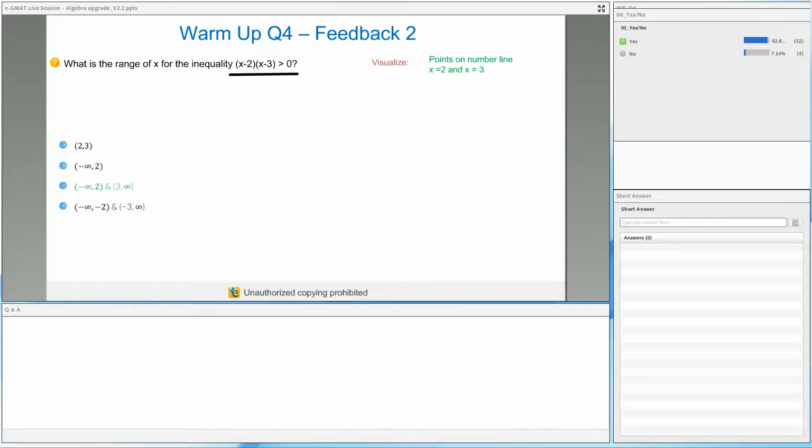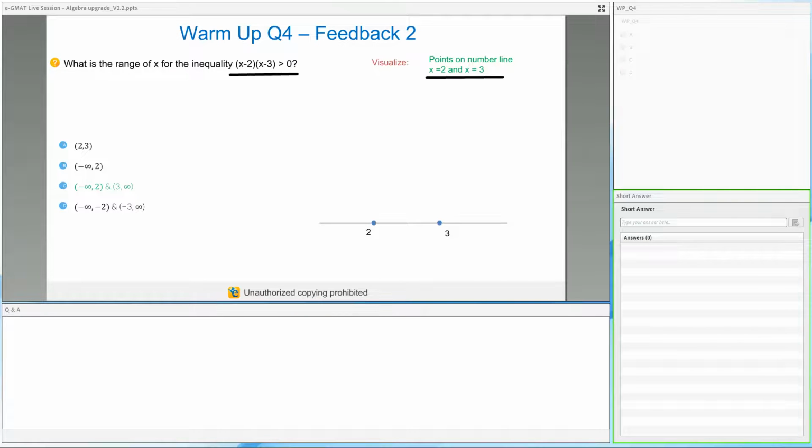So the first step to do that is to find out the 0 points. Now what do I mean by 0 points? You need to take each term and equate it to 0. Okay. So when you take x minus 2 and equate it to 0, what will you get? X is equal to 2, right? You take x minus 3 is equal to 0. What will you get? X equal to 3. So you will get these 2 points, x equal to 2, x equal to 3, and you plot that on